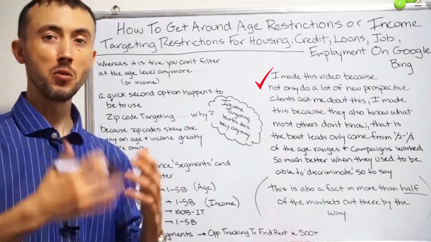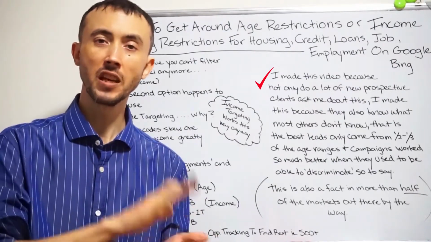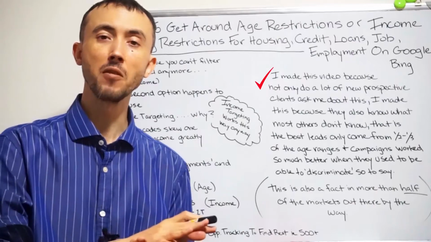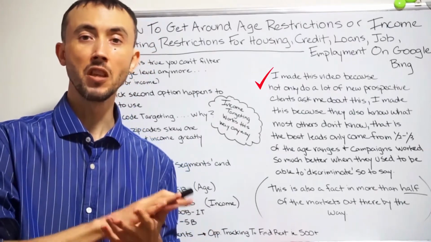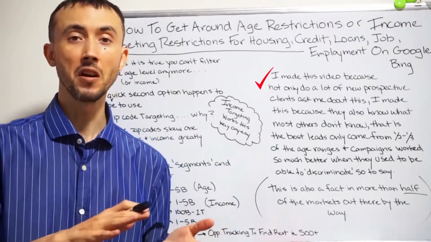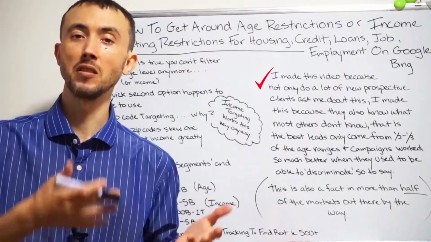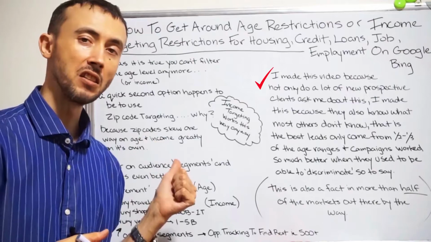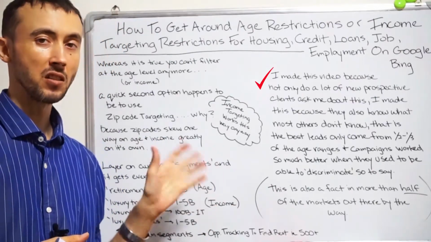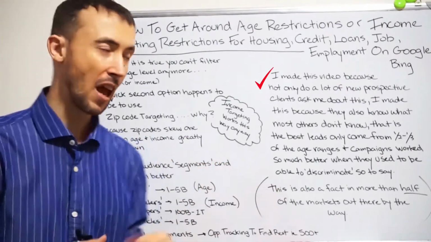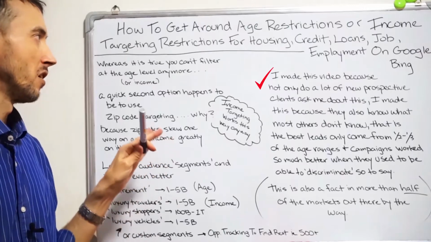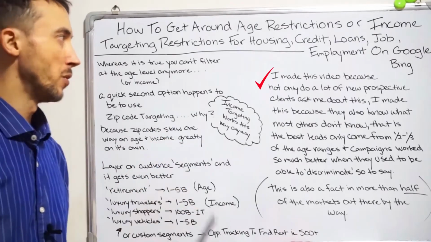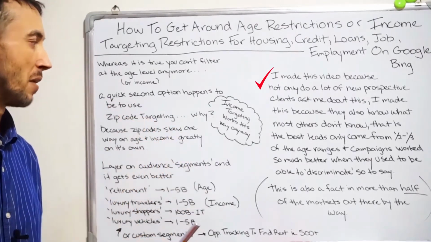So basically, you're going to make two or three times as much money, and hopefully a lot of the people that would be competing against you are not going to be able to compete against you anymore, and maybe even in some spaces make more than the two to three x, once you get these filtering options back in place through the workaround method that I have for you if you're in housing, credit, loans, jobs, or employment.